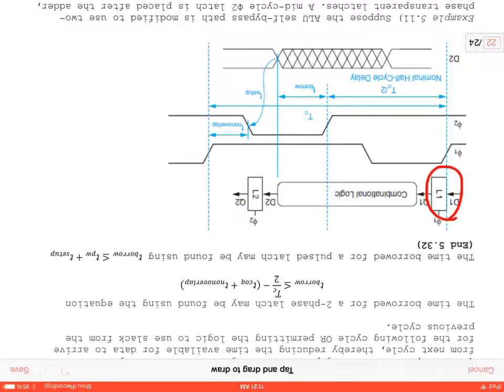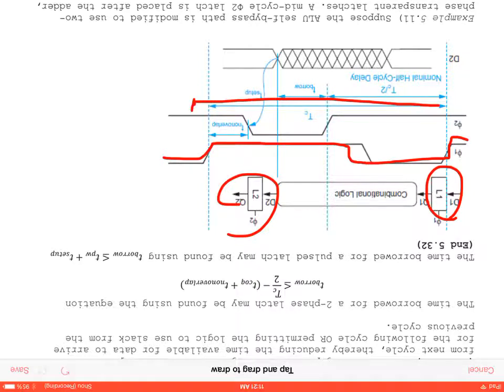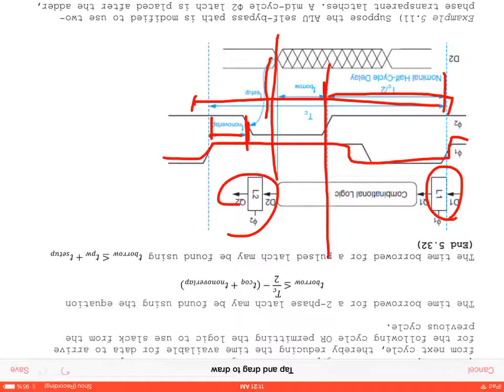And here we have our two latches, and we have phi 1, phi 2. We have our cycle time here, so our half cycle time is here. And we have our setup time and our non-overlapping time here. So we have this element after we have assigned a value for setup, and then once phi 2 comes down, that's where